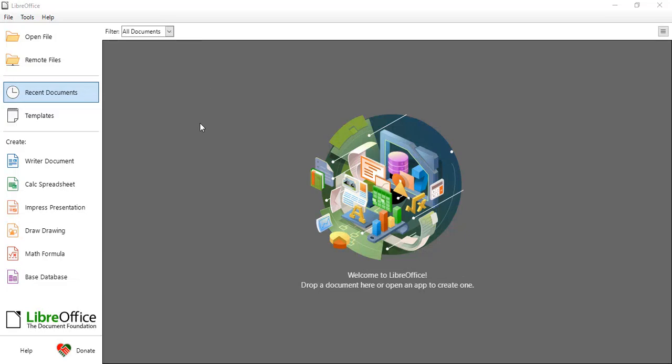Today, I'll show you how to open a Docx file in LibreOffice. If you've been sent a Word document and you're not sure how to access it without Microsoft Word, don't worry. LibreOffice is a fantastic open source alternative that can handle these DOCX files with ease, and I'm here to guide